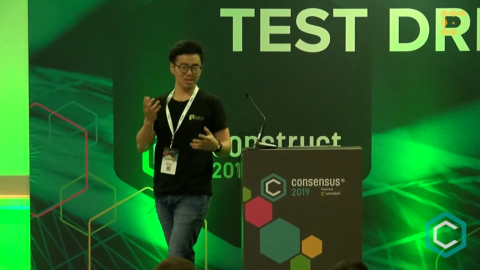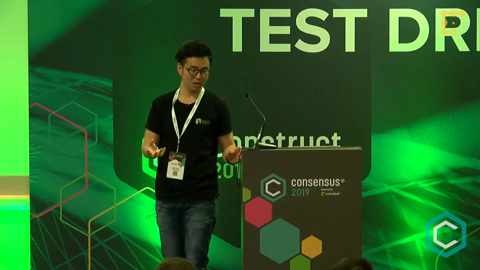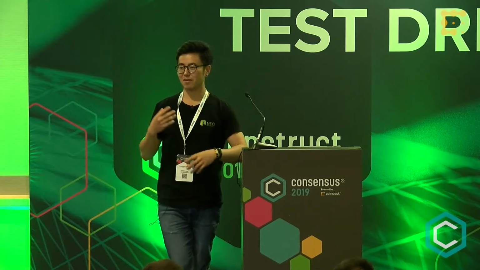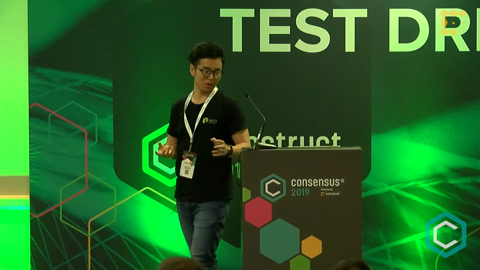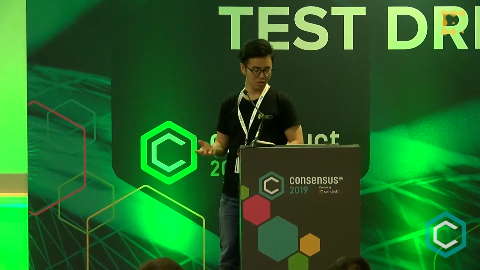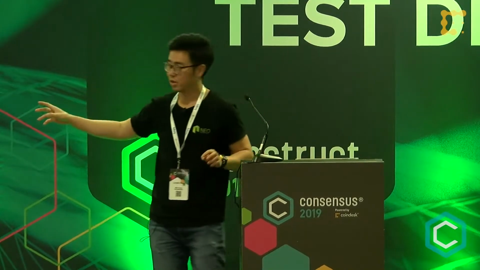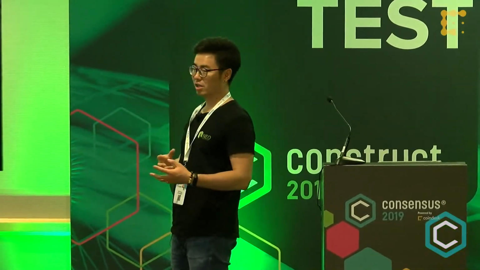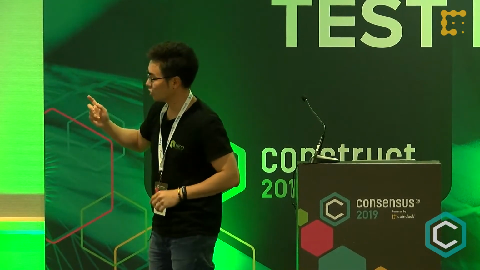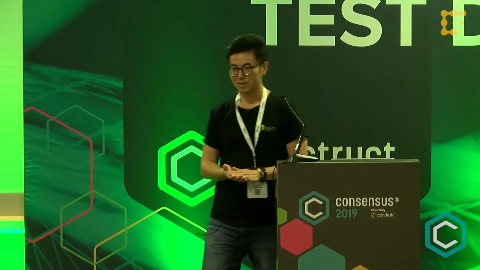So I just want to bring you guys back to what we have done so far. We have a private net, and then we use the NEO client, and then we have a smart contract. But we're not there yet. We haven't had an application able to communicate from the dApp to the NEO blockchain. So that's the last part: how to interact from the dApp to the NEO blockchain. And there are two tools that I mentioned earlier: the wallet extension, and the other one is the NEO SDK. I'm going to go a little bit faster because I don't have enough time.